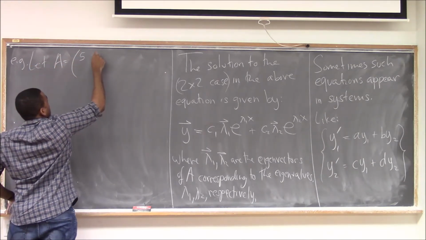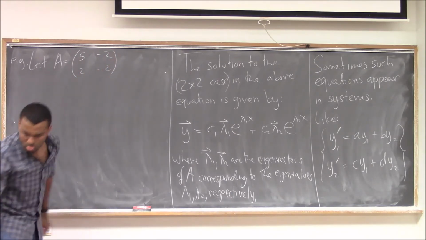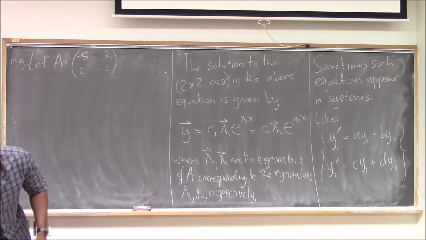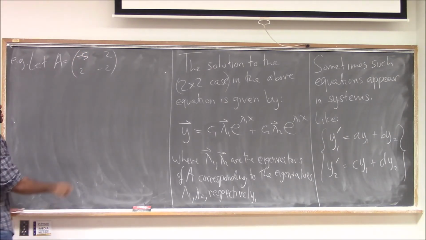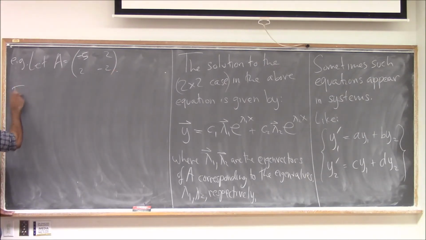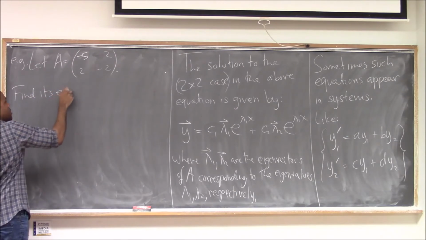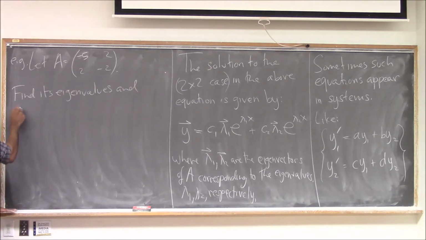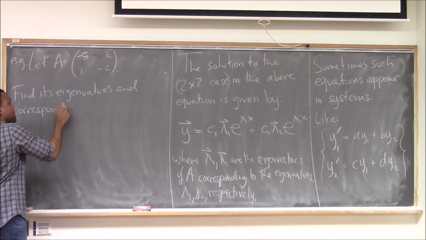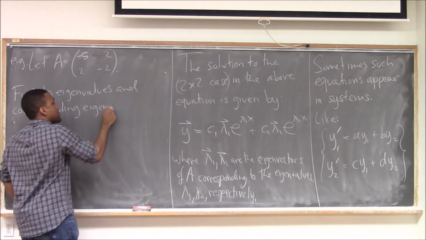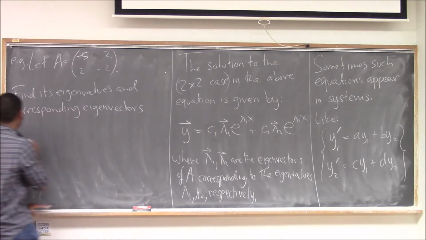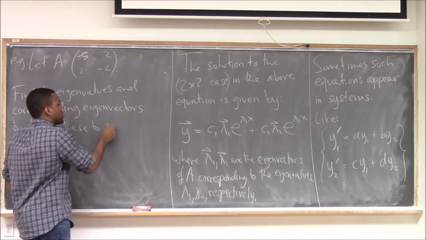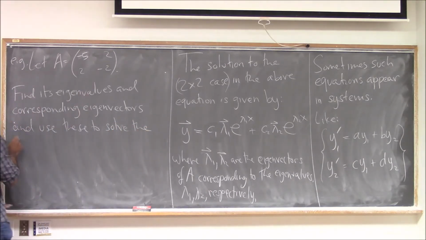Say that A equals minus 5, 2, 2, minus 2. Find its eigenvalues and corresponding eigenvectors, and use these to solve the system